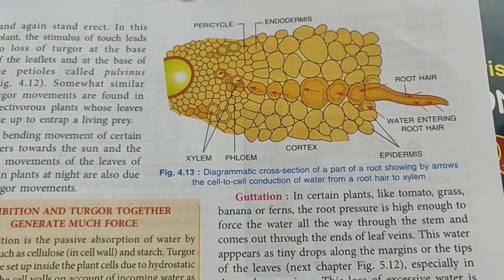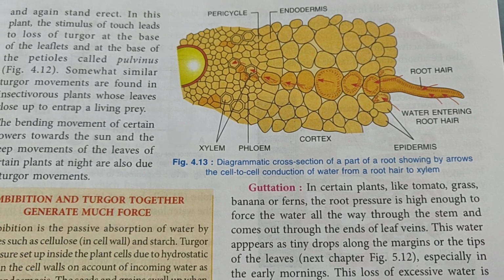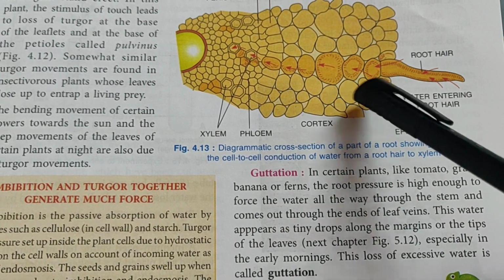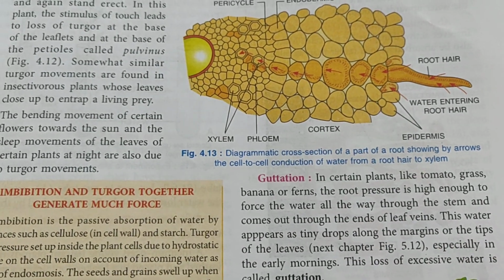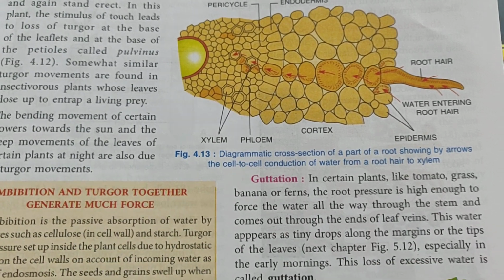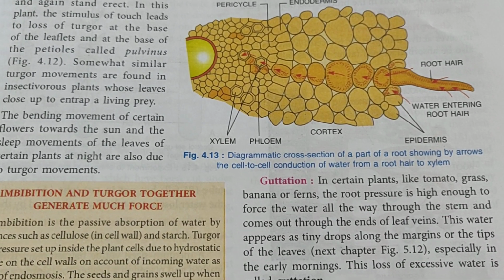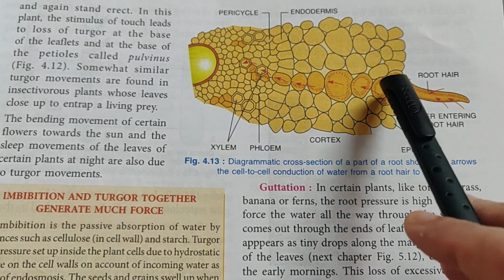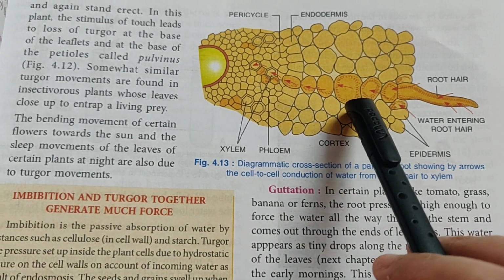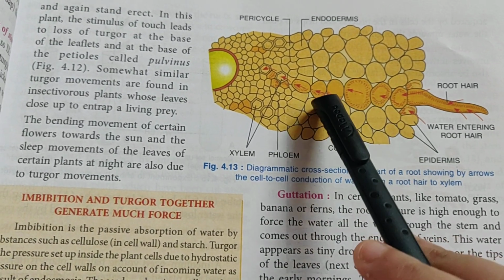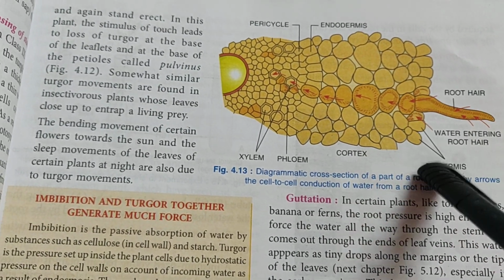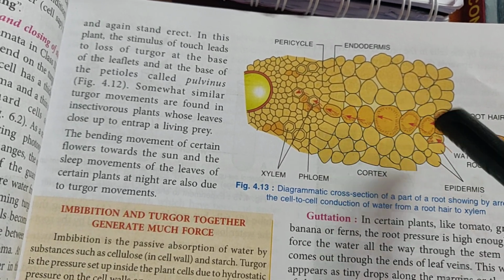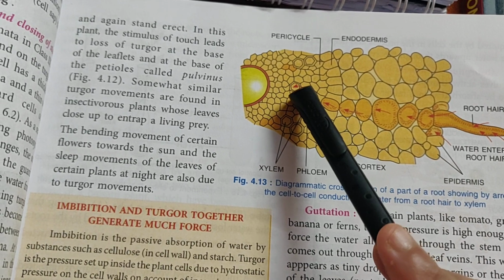So in general, every plant is in turgid condition. So when the water enters, this cell becomes turgid, the cell next to it becomes turgid, and that happens through all the processes that we have learned, through diffusion, through osmosis, turgidity, flaccidity, all the phenomena that we have learned till now. So these turgid cells keep on passing water due to the pressure build up in them. Due to this force, the water reaches the xylem vessels.